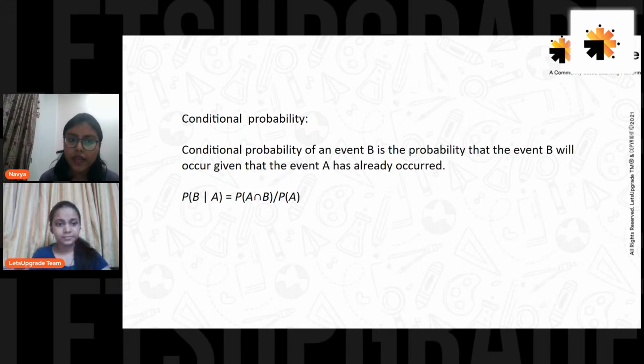ना, conditional probability. तो आपका एक event has already been occurred and with the help of the probability of that, the second event is occurring. So in that manner you can see A has occurred and B is going to occur. Okay, so here you can see this sign is the intersection sign. So whatever the probability value you will be getting with respect to A and B,